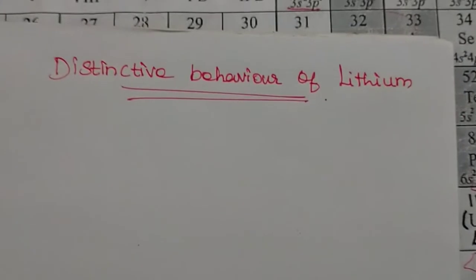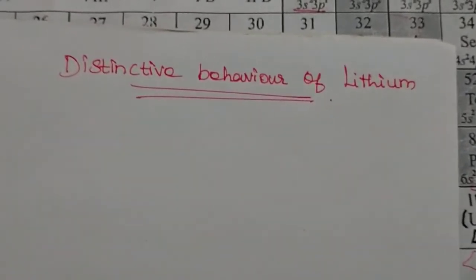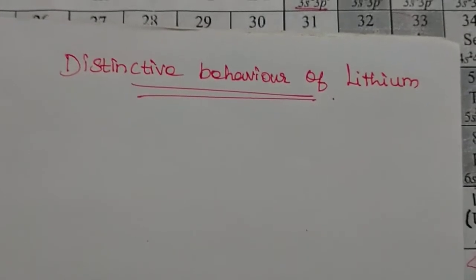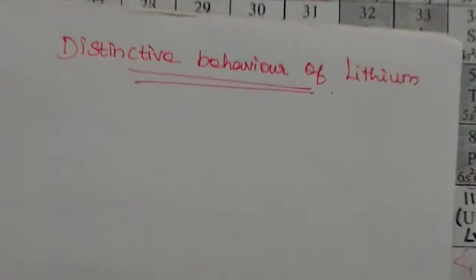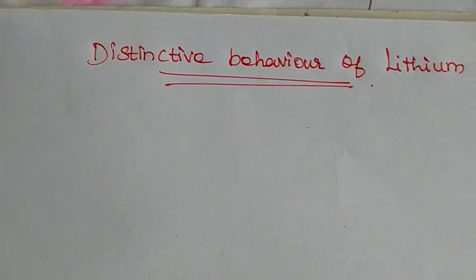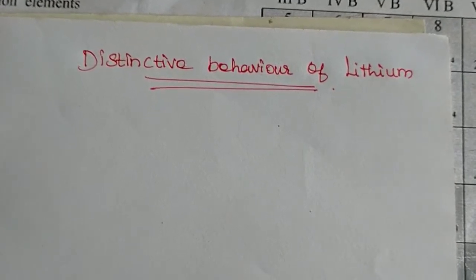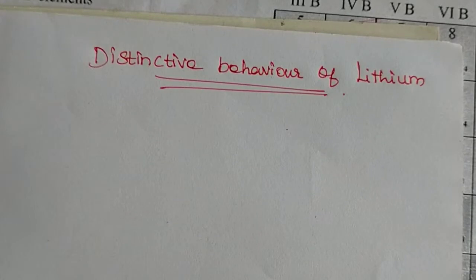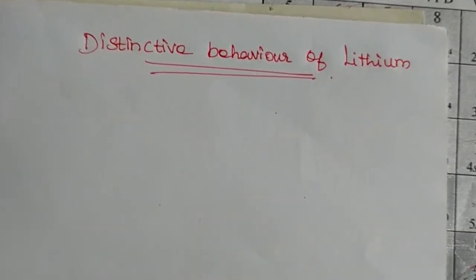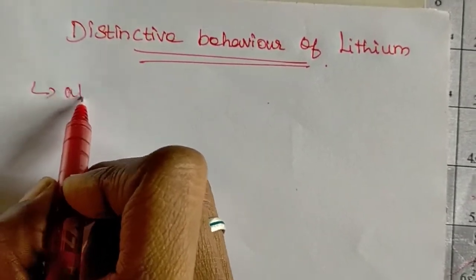In this session, we'll discuss the distinctive behavior of lithium and the chemical properties of alkali metals. Lithium is placed in alkali metals, but lithium has some unique character compared with other alkali metals. So why? Because of the smaller size of lithium, that means atomic